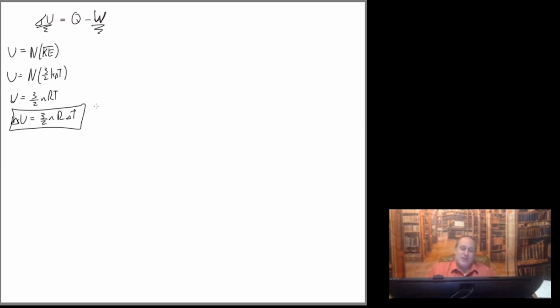So note, this is always the formula for delta U, except for one factor, which is this 3/2. So we talked about that 3/2. We talked about it